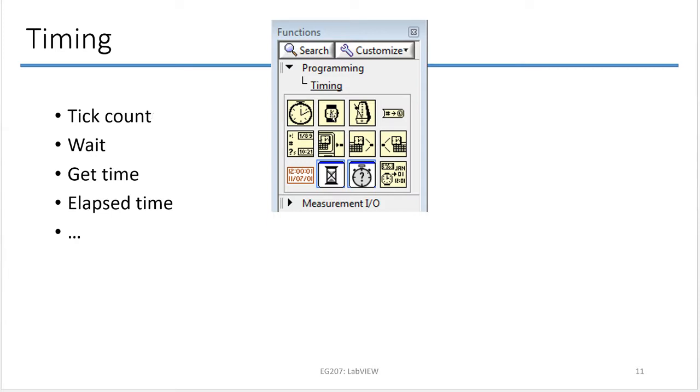So you can do a tick count timer, you can wait for a number of milliseconds. I can also ask what time it is. That might be helpful